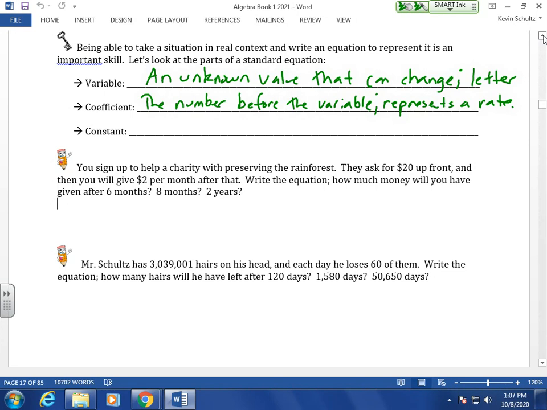You know, in the above examples there, when we had negative 8n, n is the variable, negative 8 is the coefficient. Okay? A constant is a number